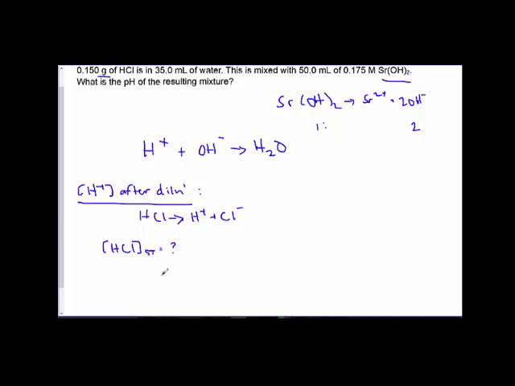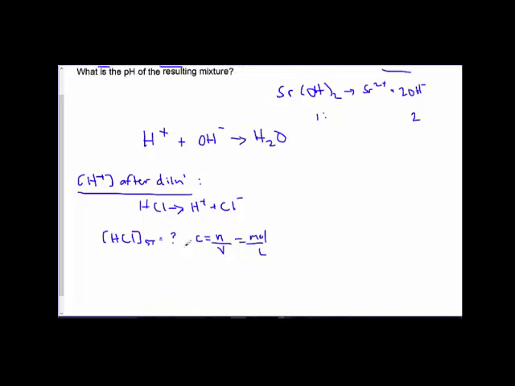To do that, remember that concentration is equal to moles divided by volume in liters. Moles per liter, that's concentration. So I need to figure out how many moles of HCl I have, and then I'm going to divide by the liters, which I'll have to change from mL to liters. So we can go ahead and do that. Let's first figure out what are the moles. Let's find n. So we have 0.15